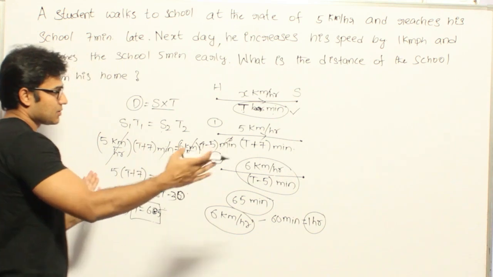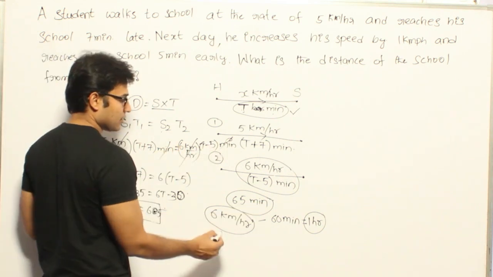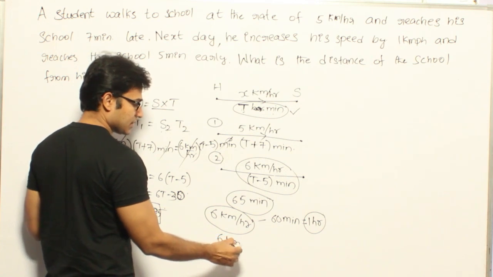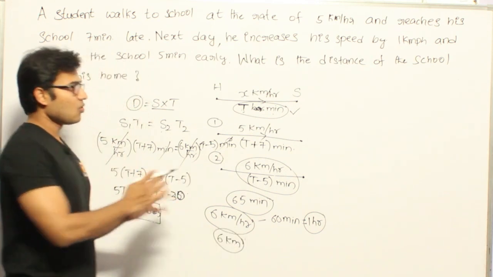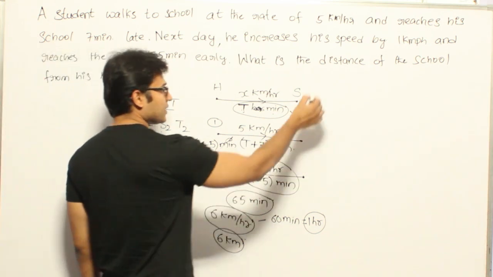Then what must be the distance between school and home? It is nothing but 6 into 1, which means 6 kilometers. So 6 kilometers is the distance between home and school. This is one way of solving it. What is the other way of solving it is,